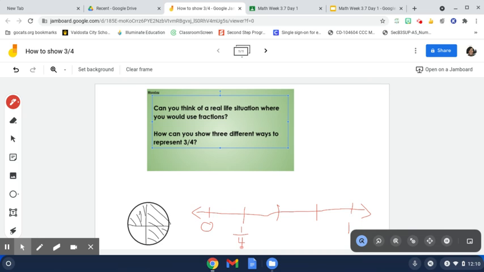The second tick mark on the number line would be 2/4. And then this would be 3/4, the next tick mark. And then I would just plot where 3/4 is on the number line. Like that. So that's 2 ways. And then I could